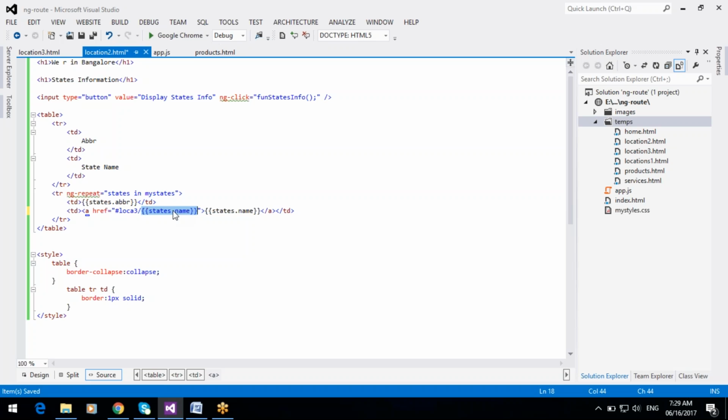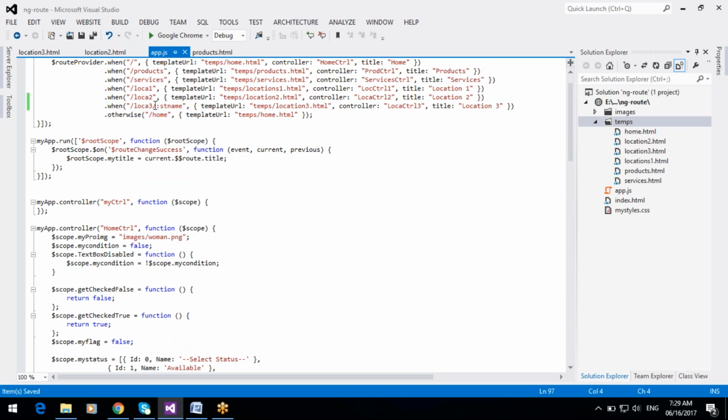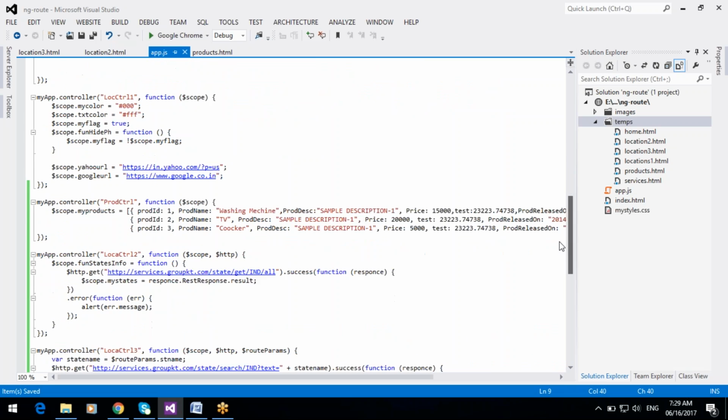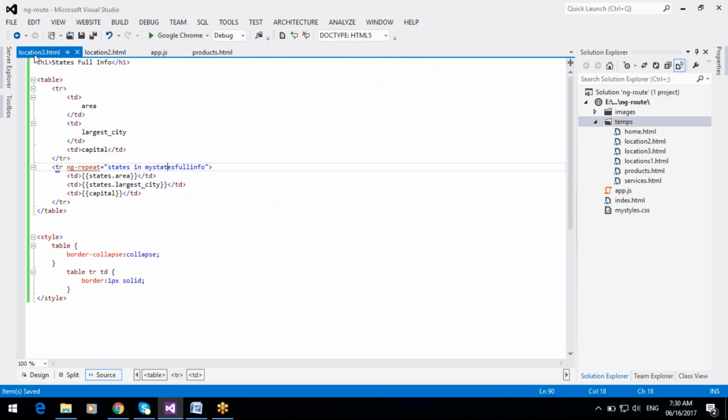This query string is coming from the URL, location 3 slash state name. This is the query string value. So the controller gets the state name from the query string, searches for the selected state name, and after that gets the state info.